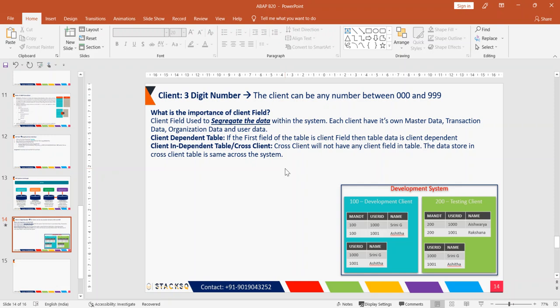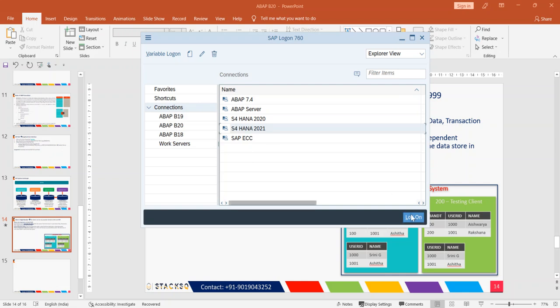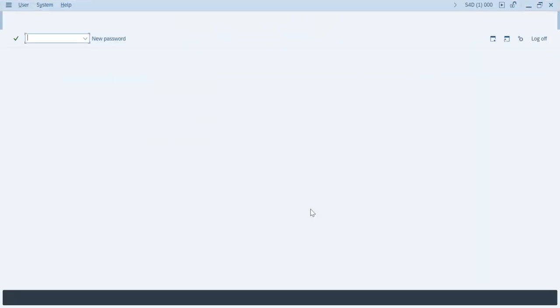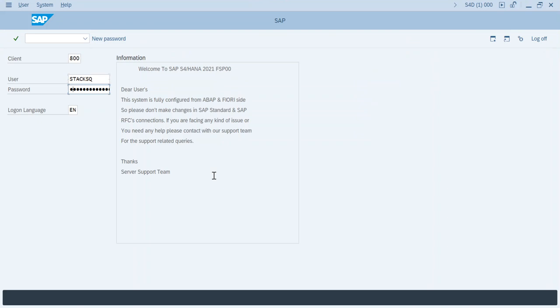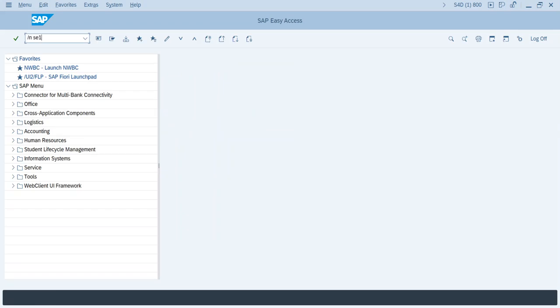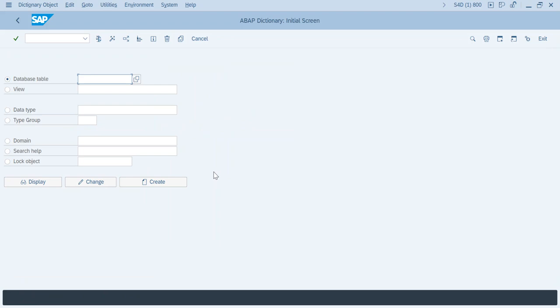Are we clear, guys? Hello? Yes, many companies use only client dependent, not client independent, right? One system can have both. It's not like all tables should be client dependent or independent. That depends. Let's say you have a requirement where you always want the data to be available in other clients also. You don't want to provide any restriction to the table, right? In that case, you can have a client